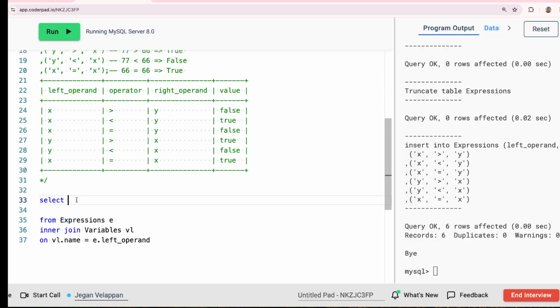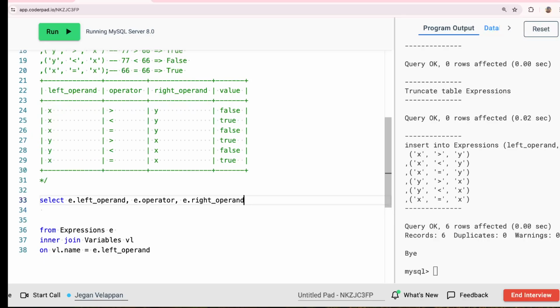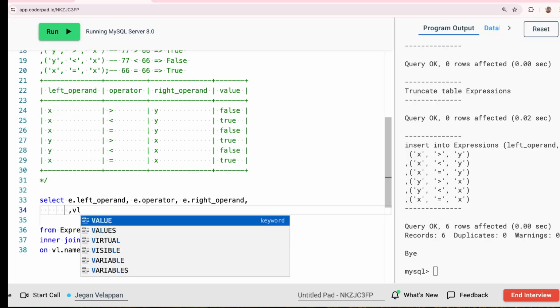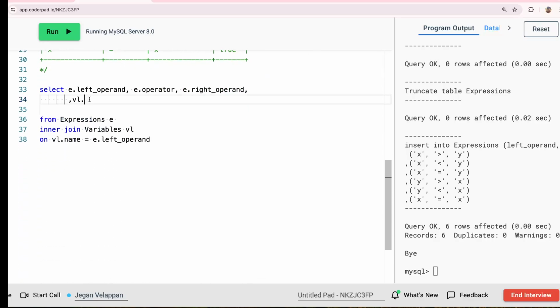If that is the case, I first bring in e dot left operand, and then e dot operator, and then e dot right operand, and then I am going to bring in the variable value. So we say v left dot, we have the variable value here, so we just say val. So if I run this,